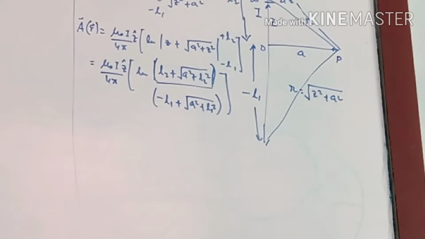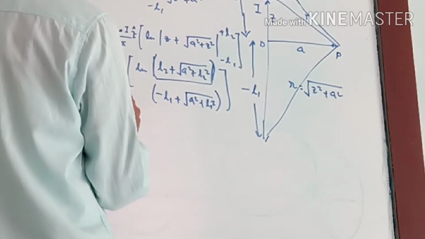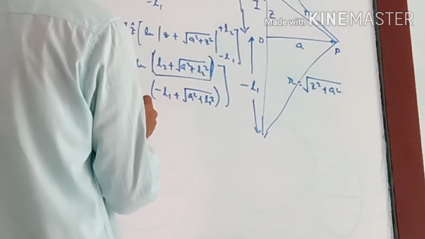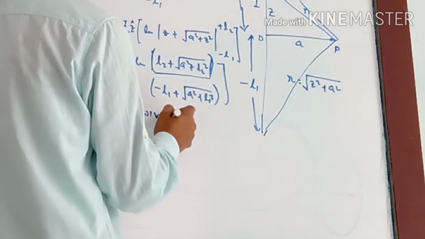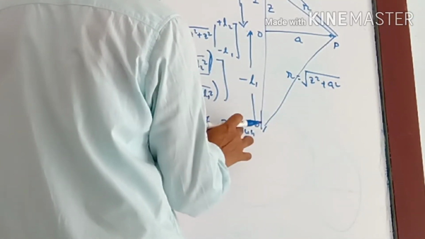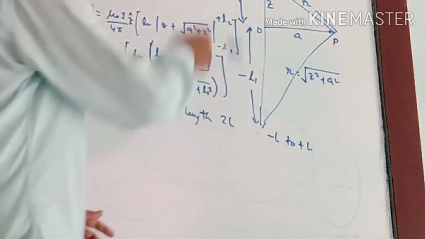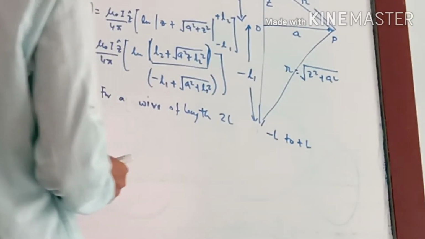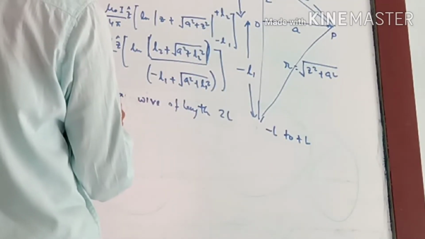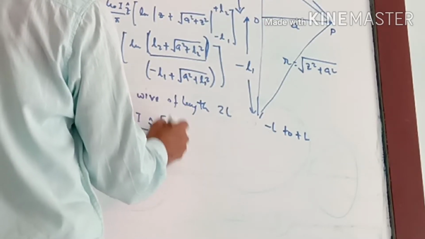Now for cases where we have a wire of length twice L, running from minus L to plus L, if we have an equidistant lower part and upper part such that the expression becomes much simpler, where L1 is plus L and L2 is plus L, then the expression for the vector potential goes like mu naught I by 4 pi z cap ln of